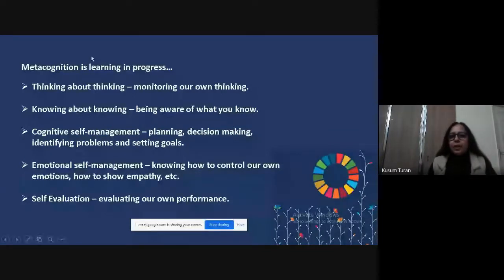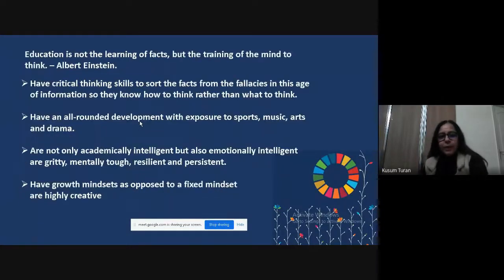So metacognition is when you enable your child to think in a way that caters not just to developing their knowledge of the subject, but also to applying the knowledge they have learned in a suitable manner. Information is available, but how will you apply that information to develop wisdom? Wisdom is much beyond just having knowledge. It is the application of knowledge. So emotional self-management was much needed during the pandemic. Self-management was needed, and self-evaluation was also needed. So all these skills were required.